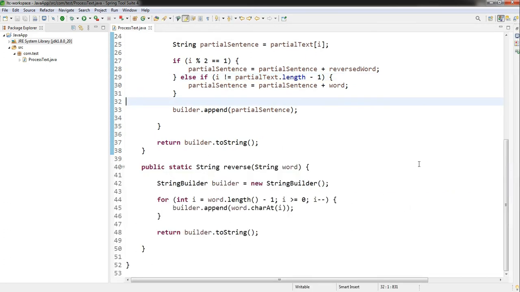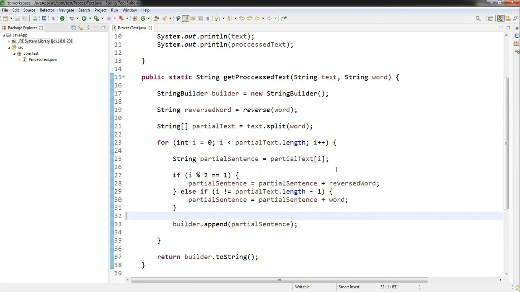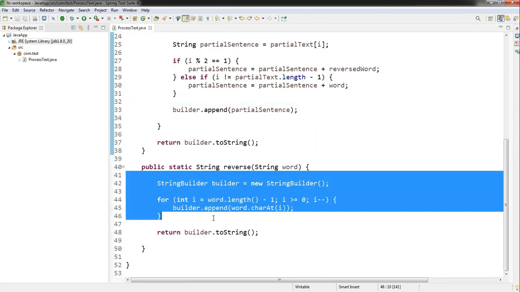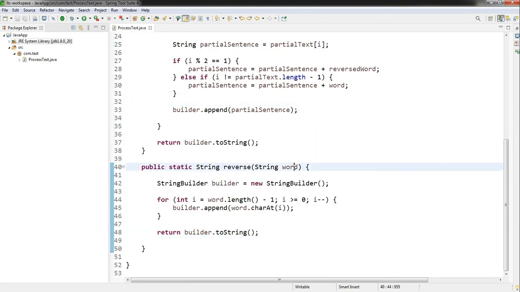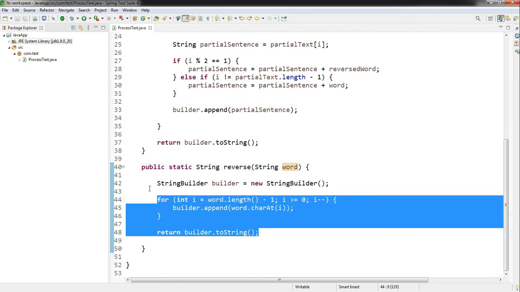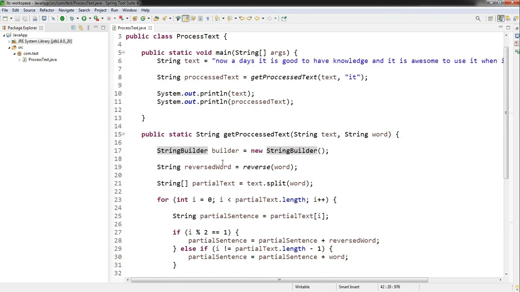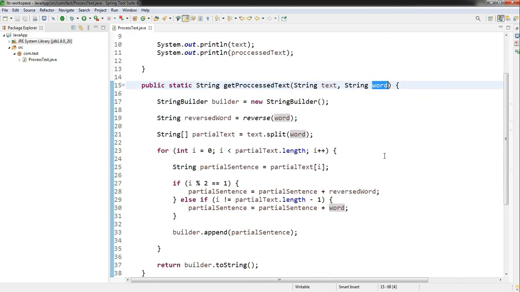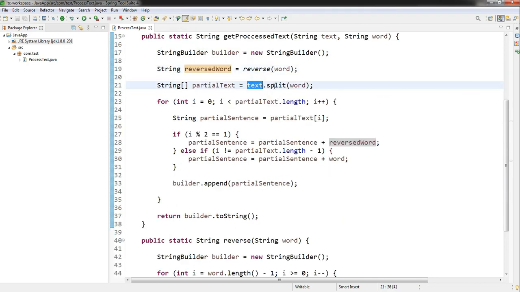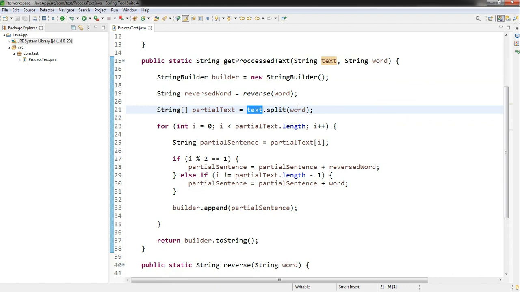If you want, let me go through the code one more time. First, I have written this reverse method. It takes the word, reverses it and returns it. Then I have written the getProcessedText method. It takes text and word as string inputs. First I reverse that word and keep it in a variable. Then I split the text whenever the word occurs.